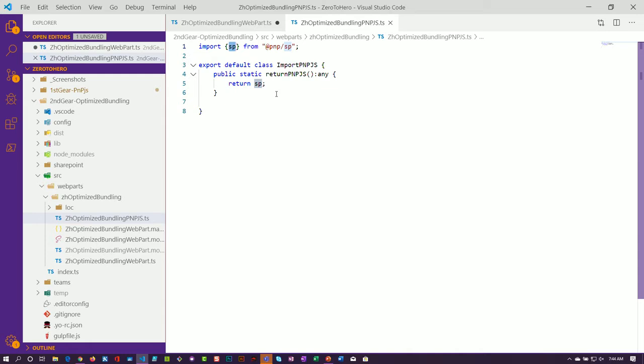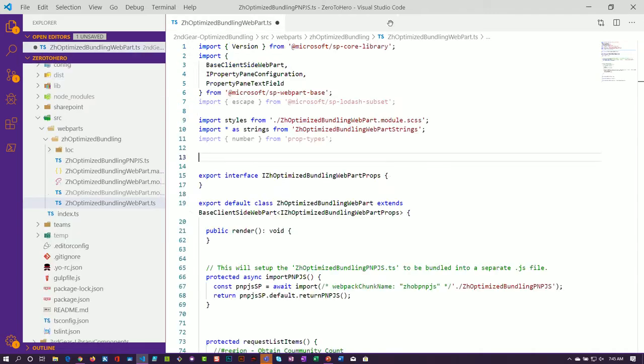Now, I don't need to do this in a separate file. I could have done this in the primary TypeScript file for the web part. I just simply like the organization. I could add additional methods if I want to here to do something else, to maybe support it in a way or pass data between if I needed to do additional functionality. So again, you don't have to put it in a separate file. I liked the organization of it, and it makes it easier to keep things separated. So we can see here, this is all this file is doing. So now let's go back,